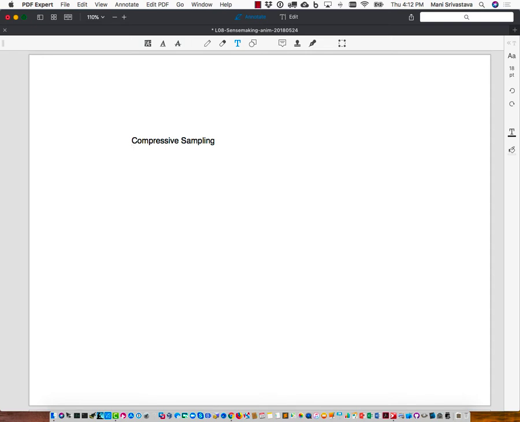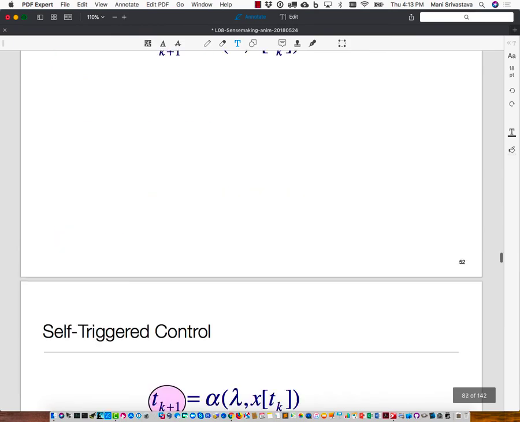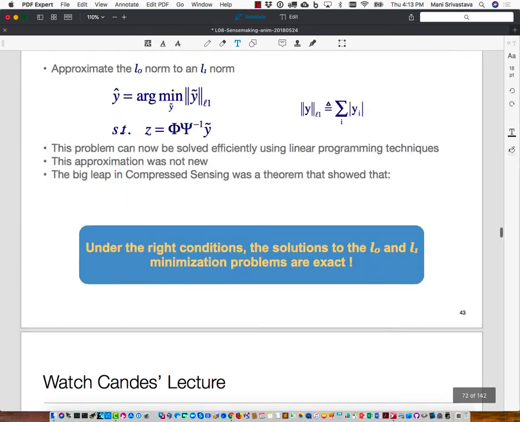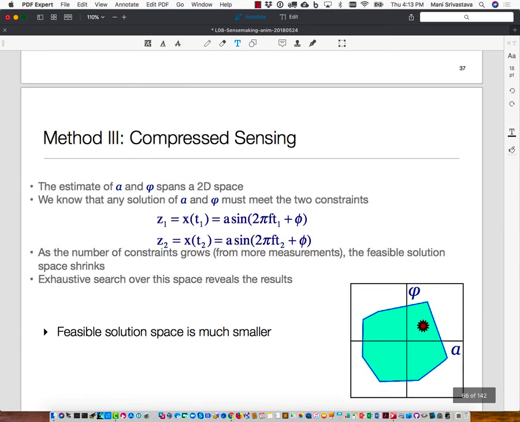The other examples where things might be, let's say, sparse in frequency domain because there are only few frequencies present. So compressive sensing takes the approach that if I were to sample much far less and then try to reconstruct the signal. So the example in case of sine wave was, if I actually go back, here. So the idea was that if I take samples and then I'm trying to find the values of phi